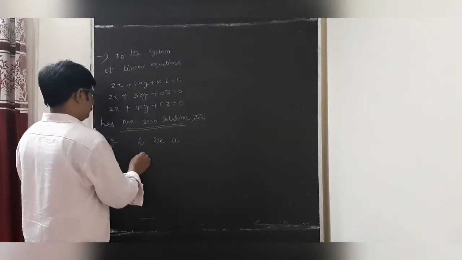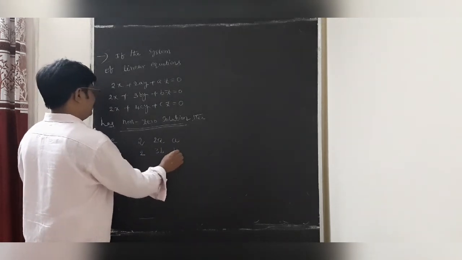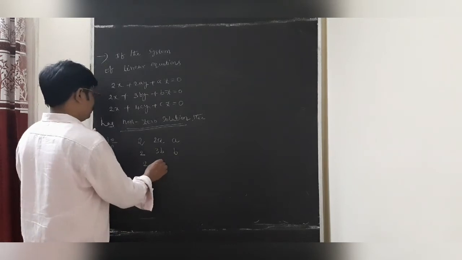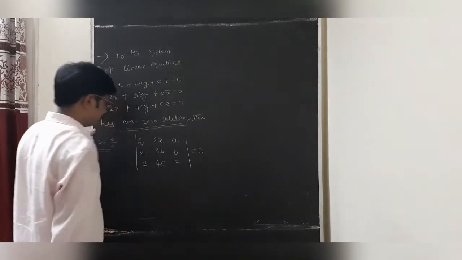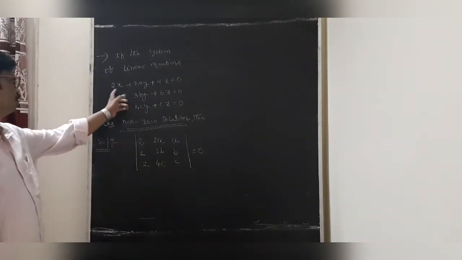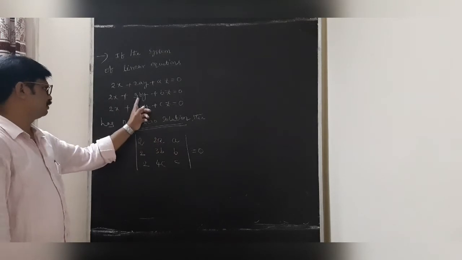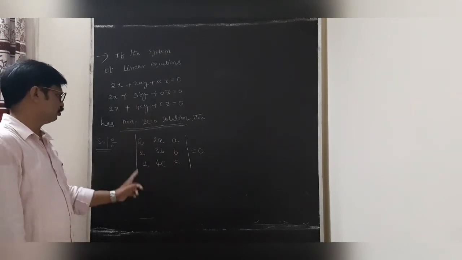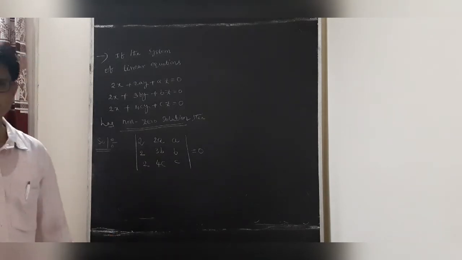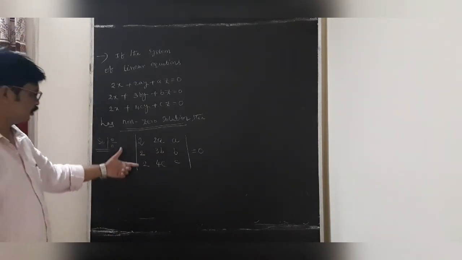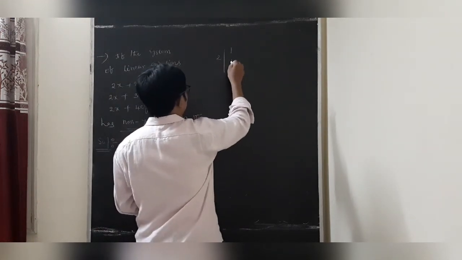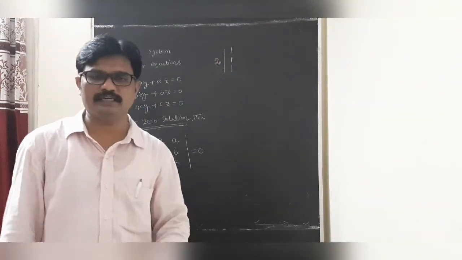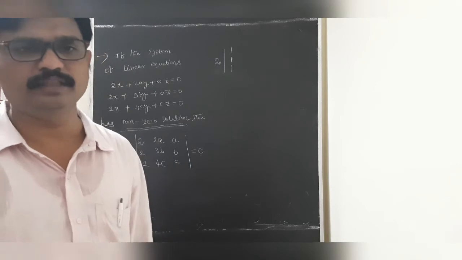So that's why the determinant with rows 2a, 2, 3b, b, and 2, 4c, c equals 0. So dear students, 2a, 2, 3b, b and 2, 4c, c. Now dear students, what is the common term in the first column? The 2 is there. So when you take 2 common in the first column, this is the property of determinants. We take common from either a row or a column, but not from each element in the determinant.